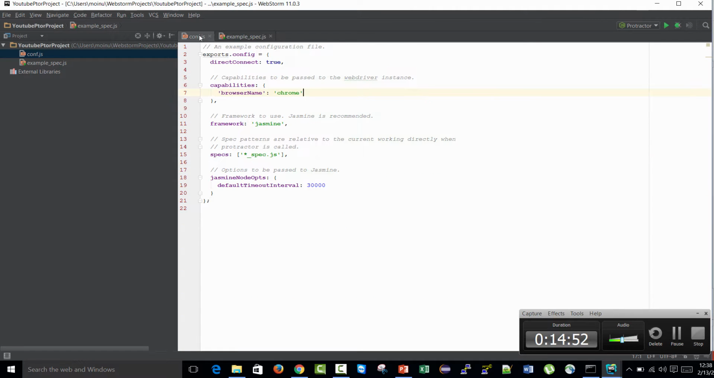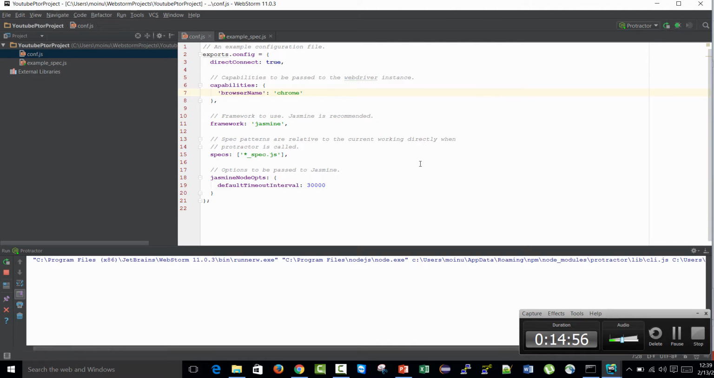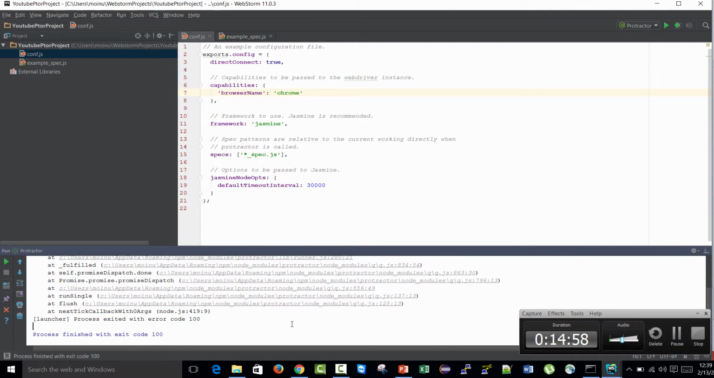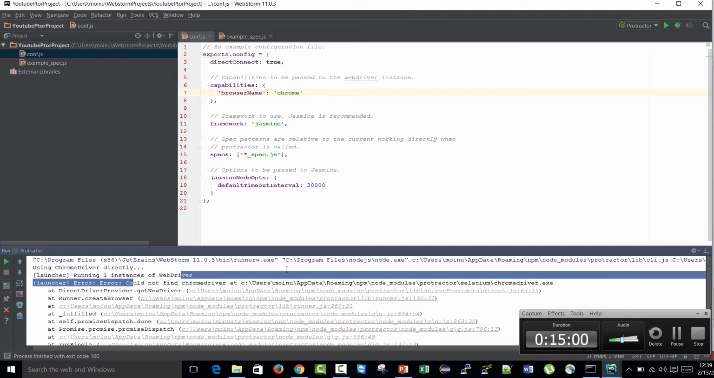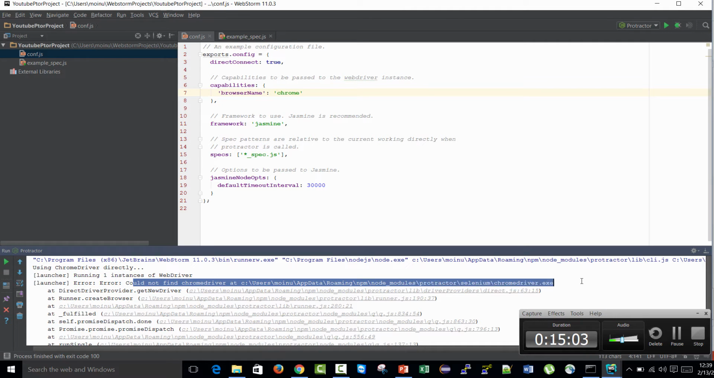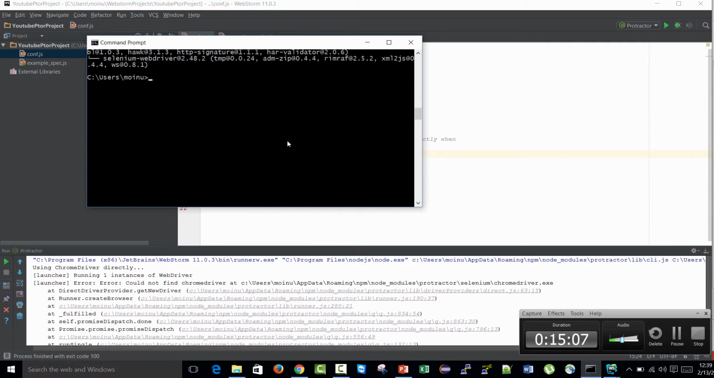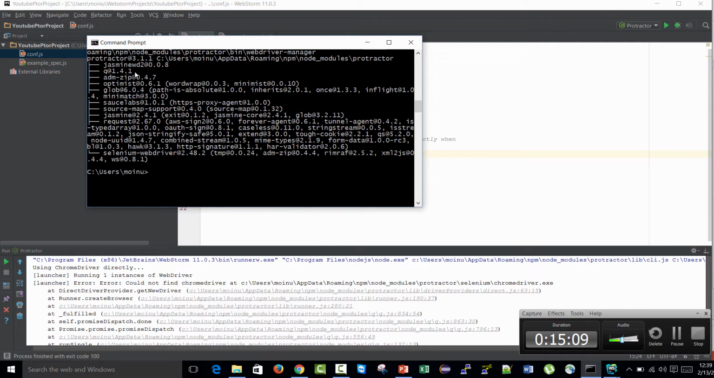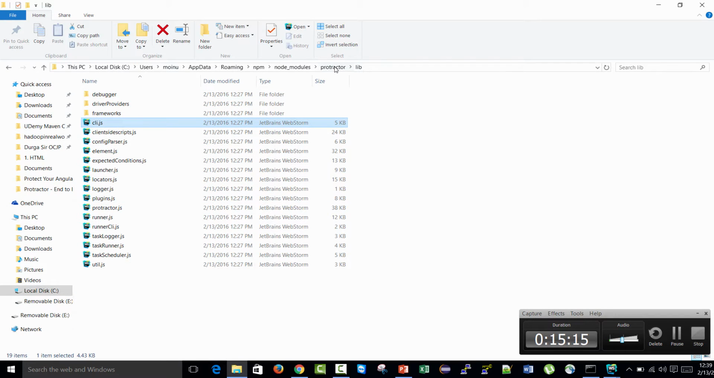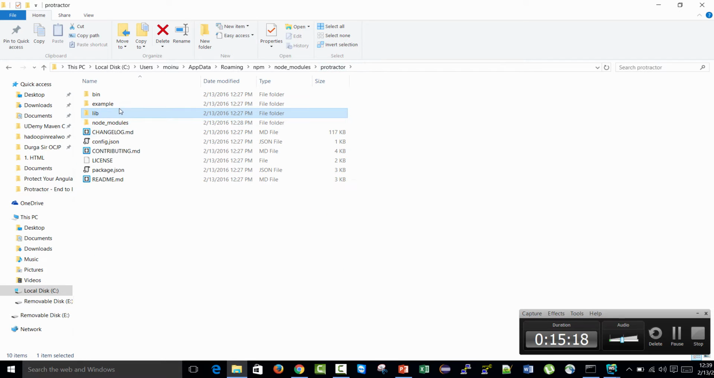Okay, the reason it has not found the Chrome driver is that we have installed Protractor, but if you go inside Protractor and then to bin, you will be able to see this webdriver-manager. This is a Selenium WebDriver manager that has come along. What we have to do is use the WebDriver manager tool that we have got,